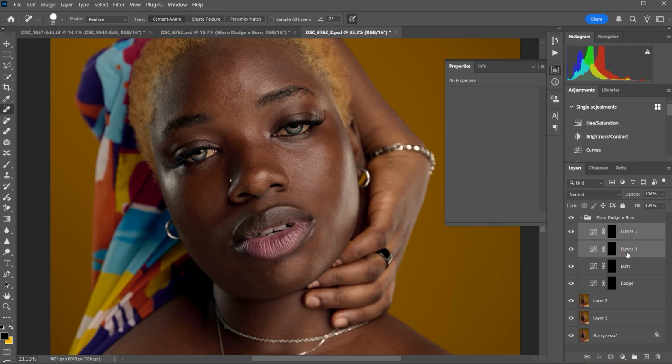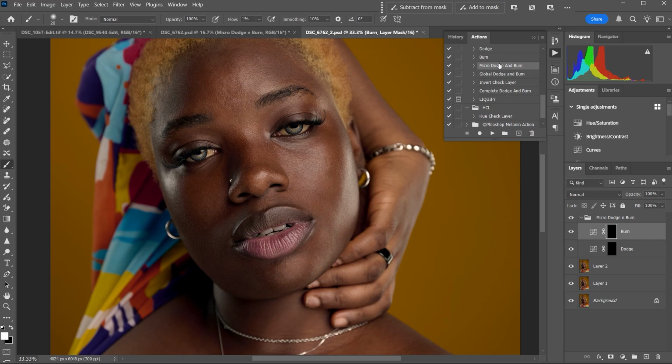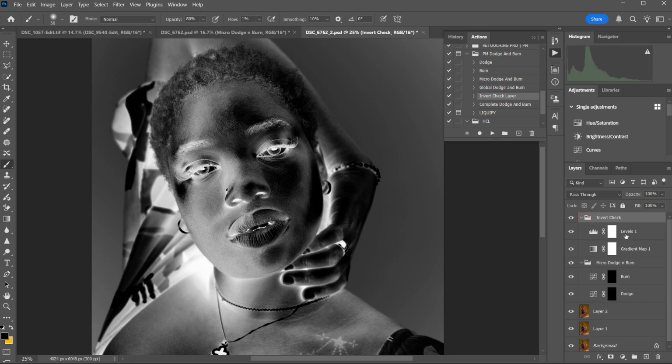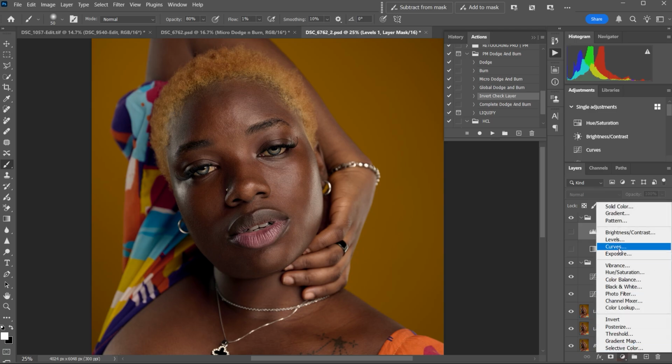So this is my micro dodge and burn layers group. I'm going to get my brush tool, my opacity at 100, the flow at 1. Then I'll go to my actions, then also get my invert check layer for micro dodge and burn. Put this in, then take it above here. And for the invert check layer, I'll just turn it off here, then bring in my curves